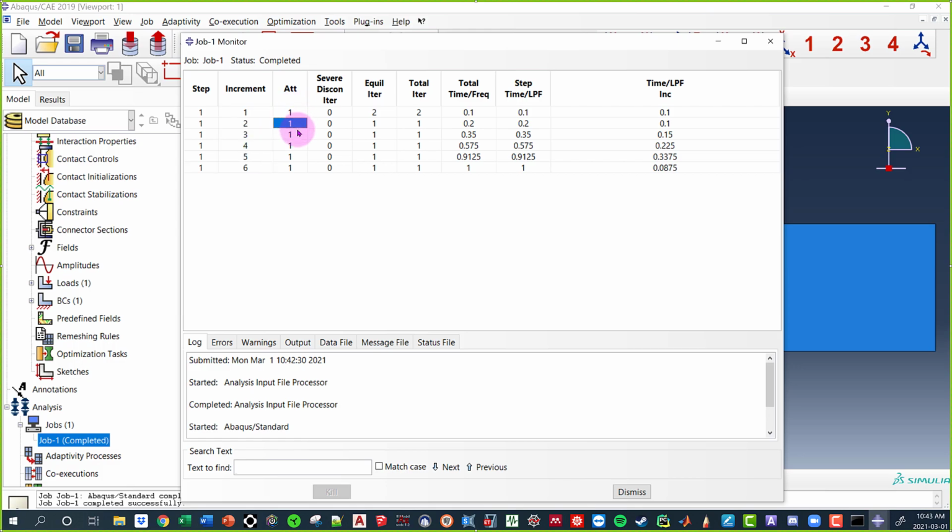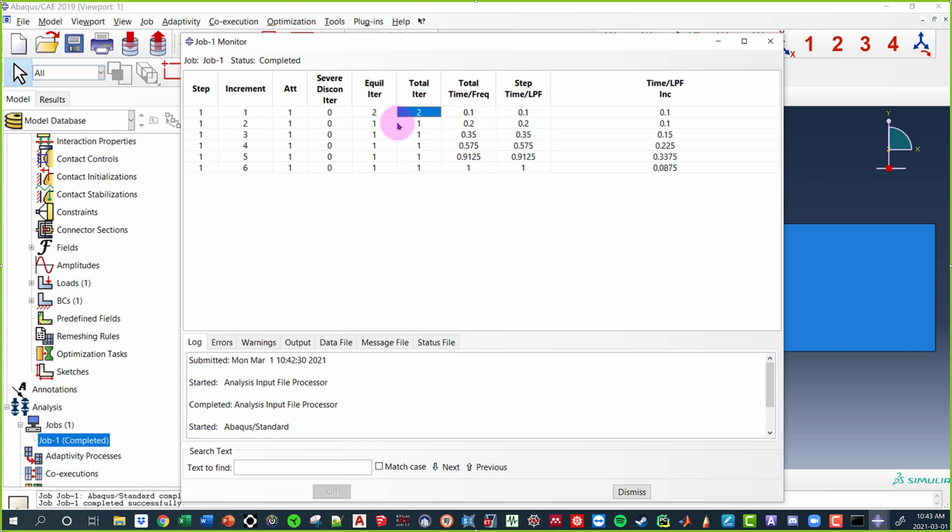Now, these are the attempts. What's going to happen is, again, it's trying to go from 0 kilonewtons to 0.1 kilonewtons. And sometimes it doesn't actually reach it. It diverges. If that's the case, instead of 1, you would get 1U, which means that it was unsuccessful, that's the U, in that attempt. But in attempt 1, it was able to succeed. And we can come over here and see what exactly happened. Basically, we went from 0 load to 10% of the load, from 0 kilonewtons to 0.1 kilonewtons, and it was no problem.